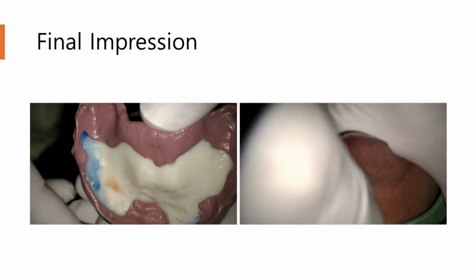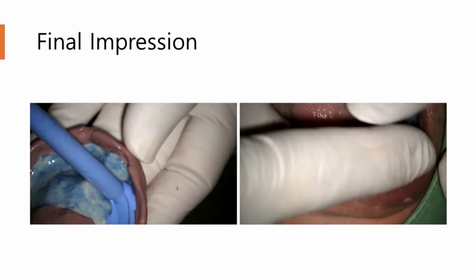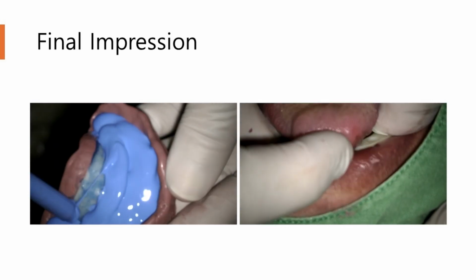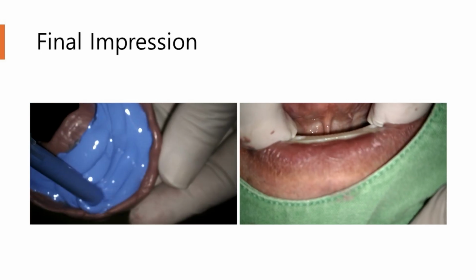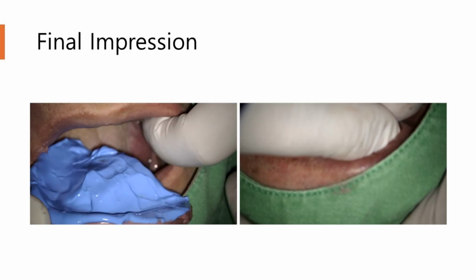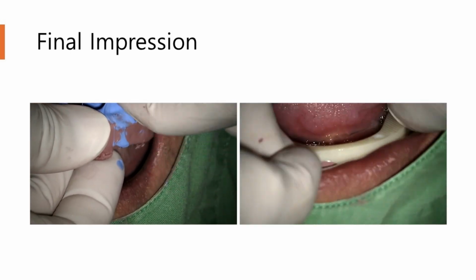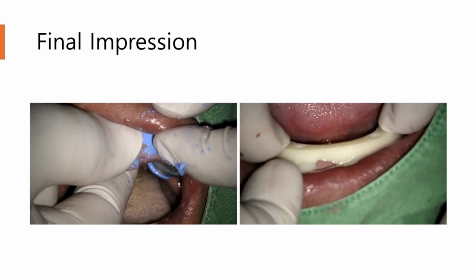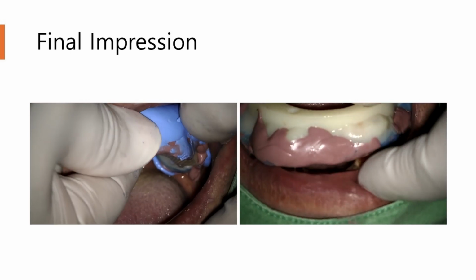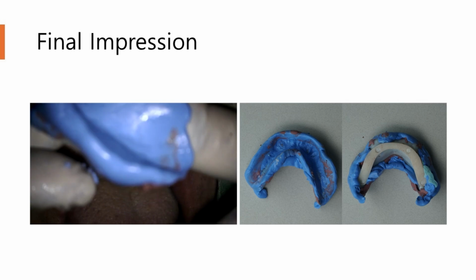In this video, we demonstrate the process of taking impressions using an individual tray for denture fabrication. Initially, adhesive is applied to the tray to ensure the impression material adheres properly. We then apply a heavy body impression material around the borders of the tray for the primary impression, capturing the detailed contours of the edentulous area. Following this, a light body impression material is spread over the entire surface of the tray for the secondary impression. This two-step process ensures a comprehensive and precise capture of the dental anatomy, resulting in a detailed and accurate final